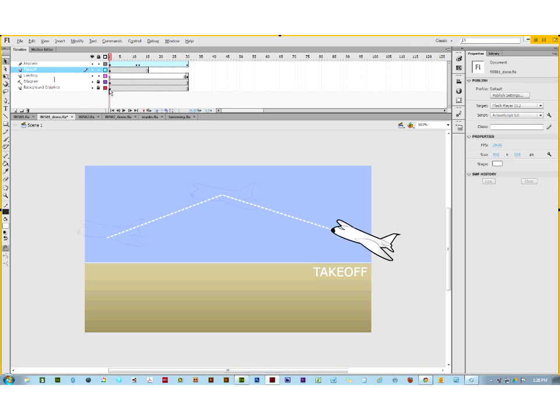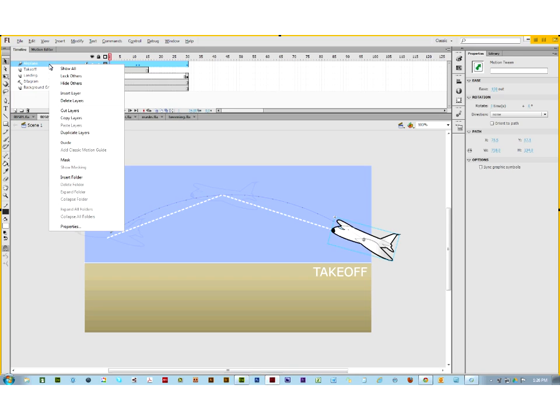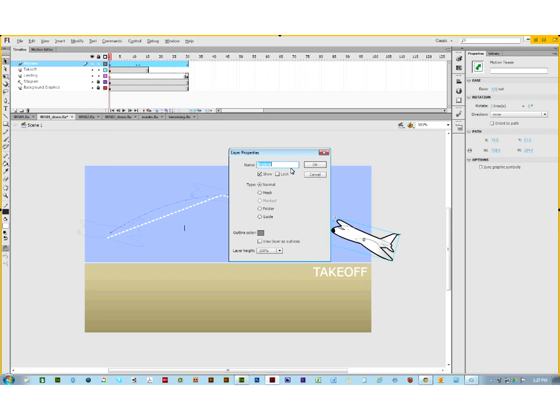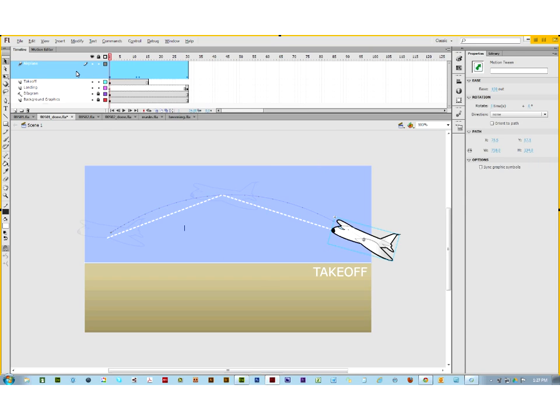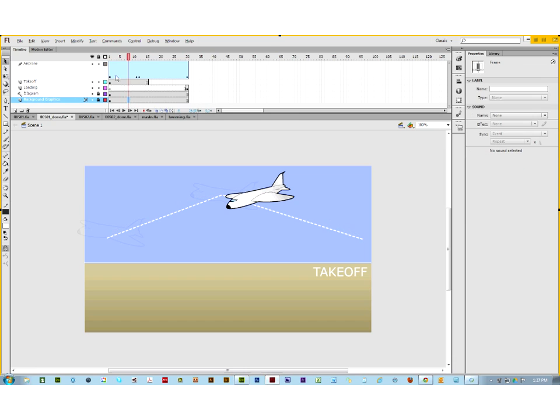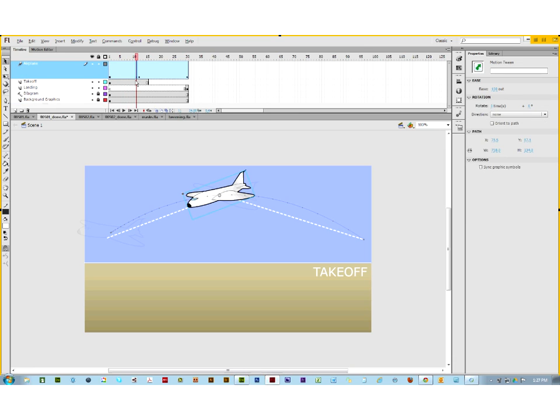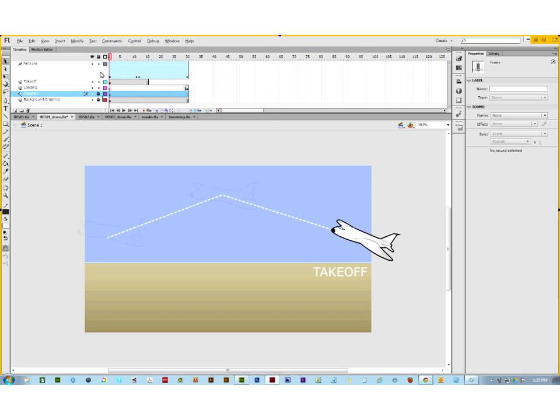Okay, so if we look, I described to you the filled circles and the empty circles. But what about these two right over here? Let me right-click on the airplane layer and make it bigger by right-clicking and choosing Properties and changing the layer height to 300. So now when we look at that layer, we see that on frame 10 or 11 and frame 12, there are these two diamond shapes. The diamond shapes